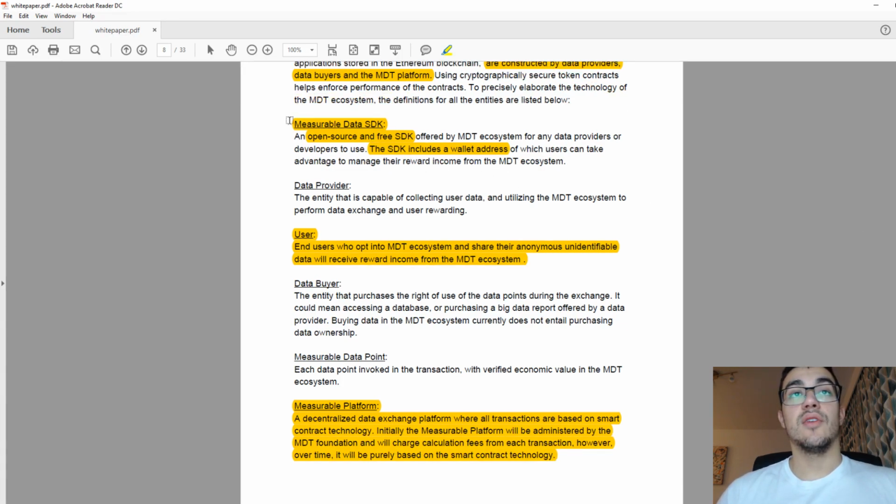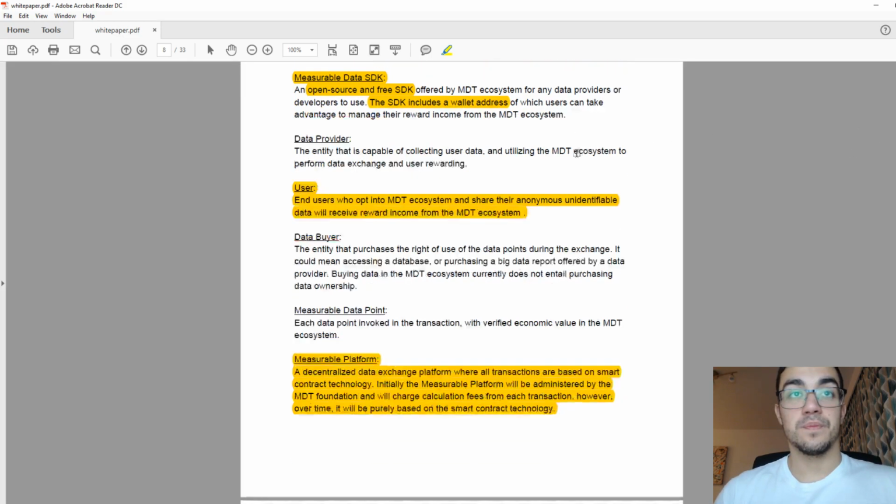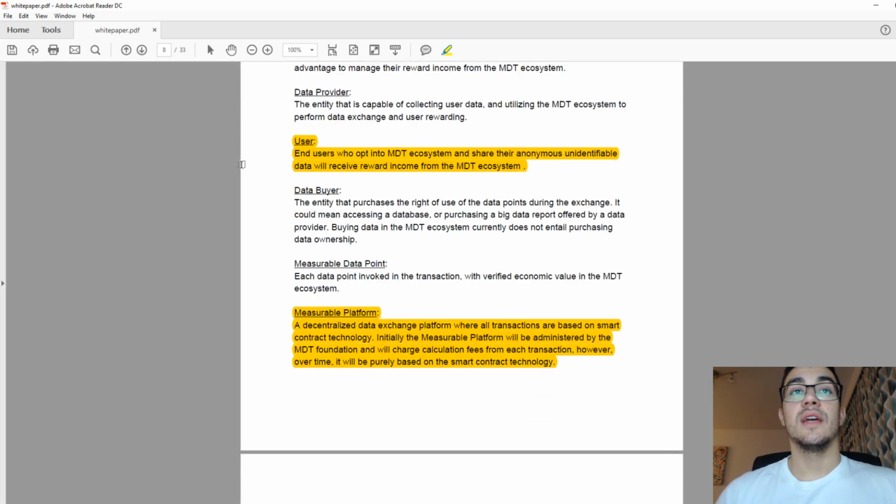Measurable Data SDK, an open source and free SDK, will be offered to the providers and the developers. The SDK includes a wallet address, which will be used to reward people. Users who opt into the MDT ecosystem and share their anonymous, unidentifiable data will receive reward income from the MDT ecosystem. So if someone is willing to share their own data with data providers, they will be rewarded with MDT tokens